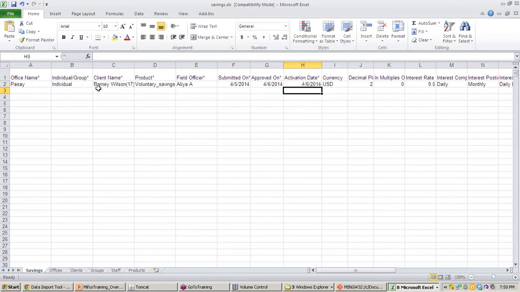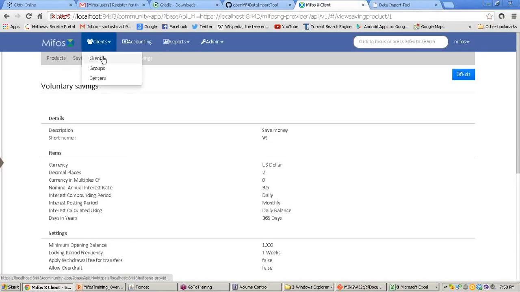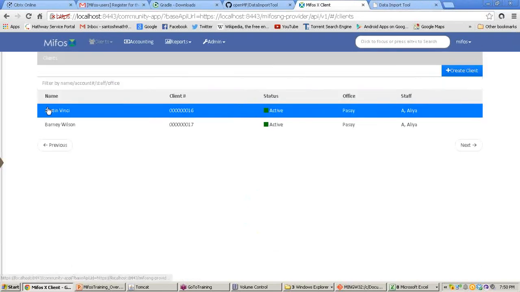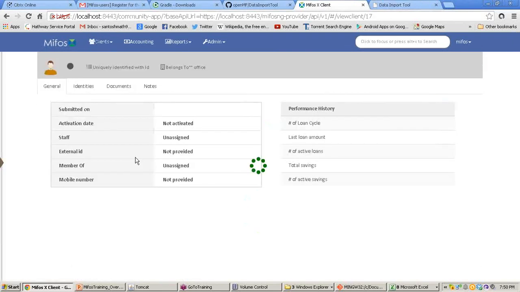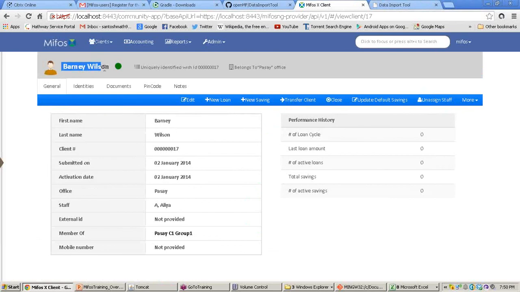Right now, for which client are we assigning? Barney Wilson. First we'll check for Barney Wilson whether there are any savings accounts. See, this person doesn't have any loan accounts or savings accounts. Let's enter the information for them.